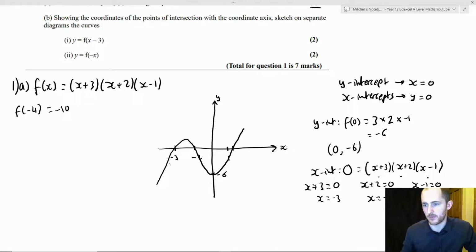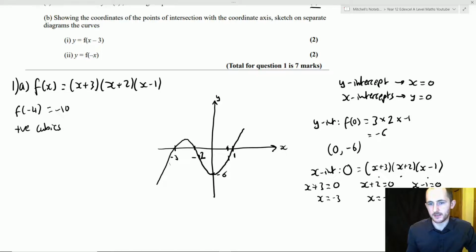Okay, let's move the 1 over here now. And that's what our graph will look like. Okay? So again, it needs to be clear where the coordinates are. If you've written them down, then you're fine. It doesn't need to be too clear. Okay? But in general, positive cubics